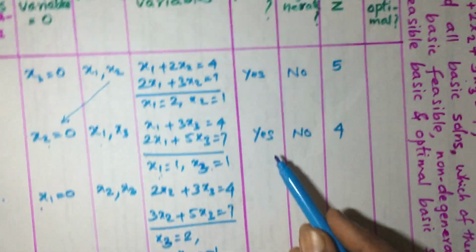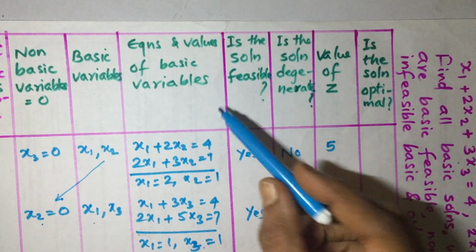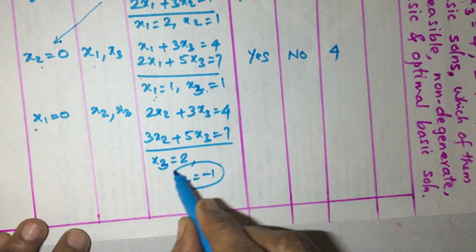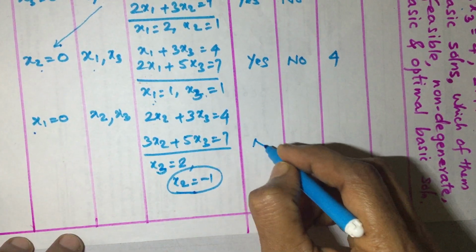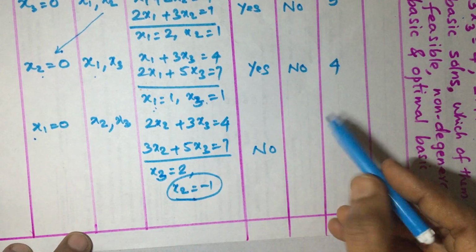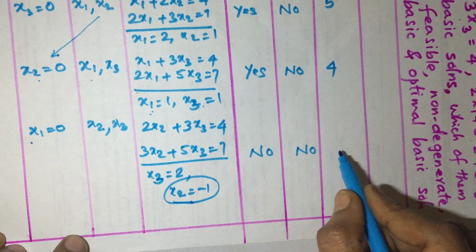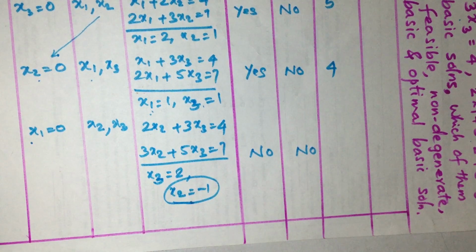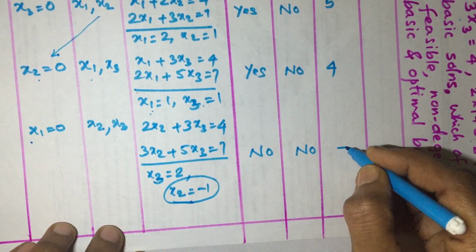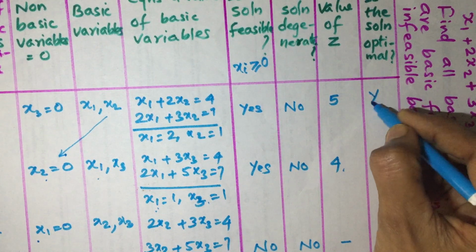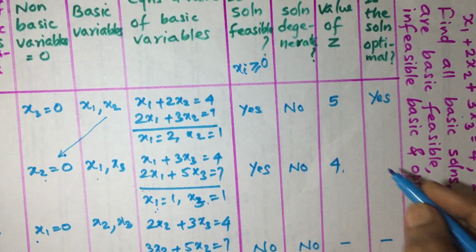Now here, is the solution feasible? It means whether all the values are greater than or equal to 0, so positive or not. So here x2 is minus 1. So this solution is not feasible. No. Now is the solution degenerate? None of the values is 0. So that also is no. Now, normally when a solution is infeasible, the value of z we won't find out. Okay. Then here you needn't find anything. So out of these two, this is the maximum. So is the solution optimal? Yes. And here then it will be